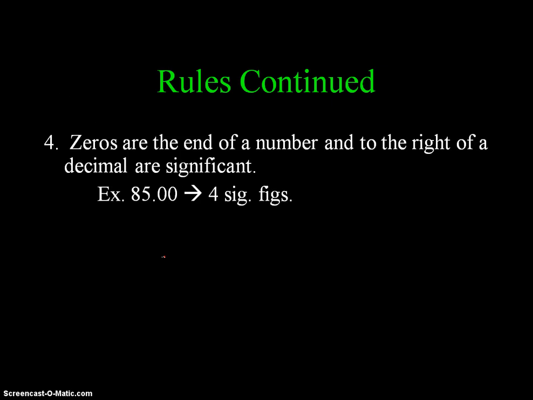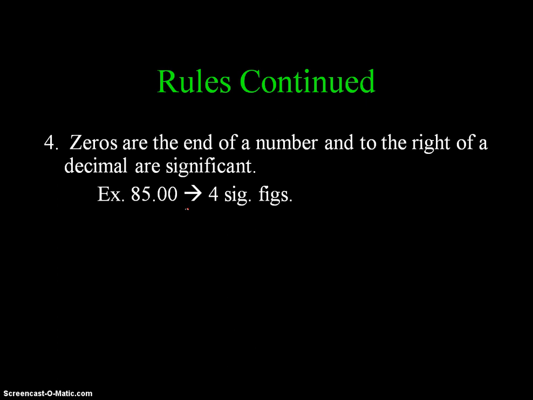Number 4, zeros at the end of a number and to the right of a decimal place are significant. So here we are. We have the end of a number, but they are to the right of a decimal point. We're going to talk about the other example here later. Just realize that these two are going to be after a decimal point and at the end of a number. So they are considered to be significant. If you get confused on this one, imagine yourself weighing something. If you were in chemistry class right now and you weighed something and the scale came up and said